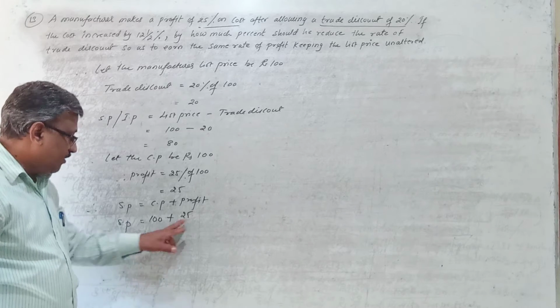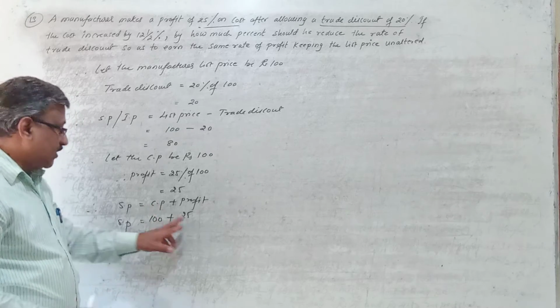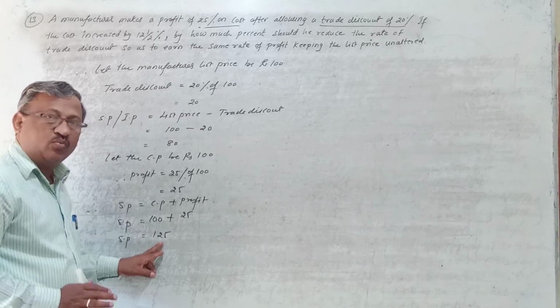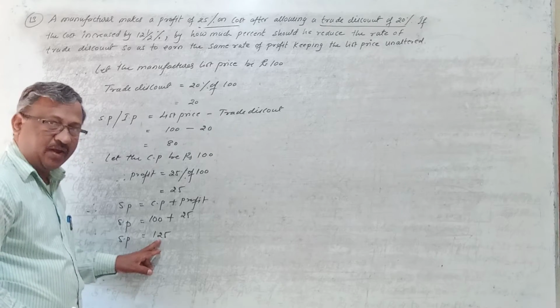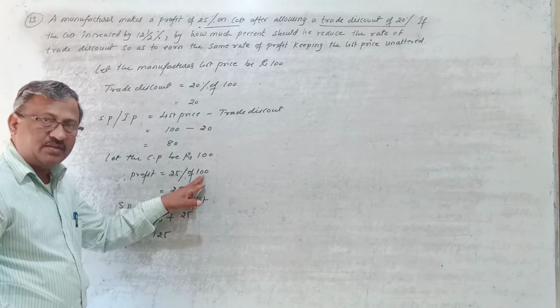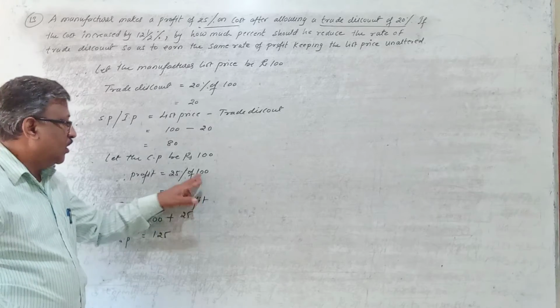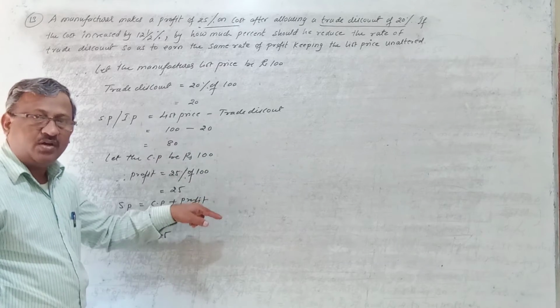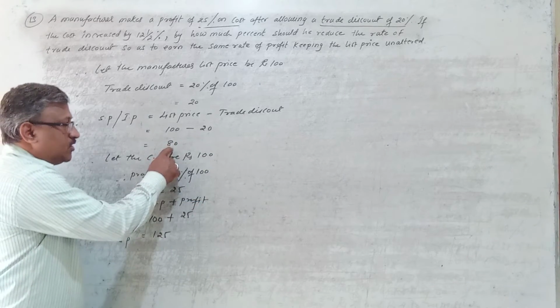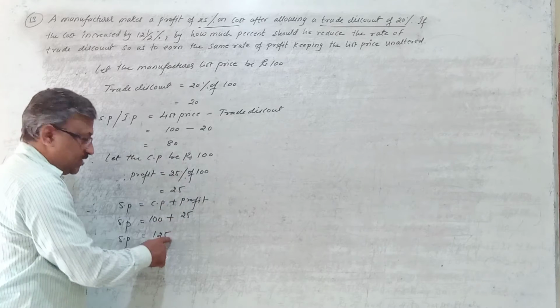This 125 rupees selling price includes a profit of 25 rupees. But here we are not going to find the profit, because I don't want the profit here. I want the cost price. When this is the selling price, what should be my cost price? 100 should be my cost price. So what I want is, if my actual selling price is 80 rupees, what should be the cost price? To find the cost price of this selling price, we have done this assumption.